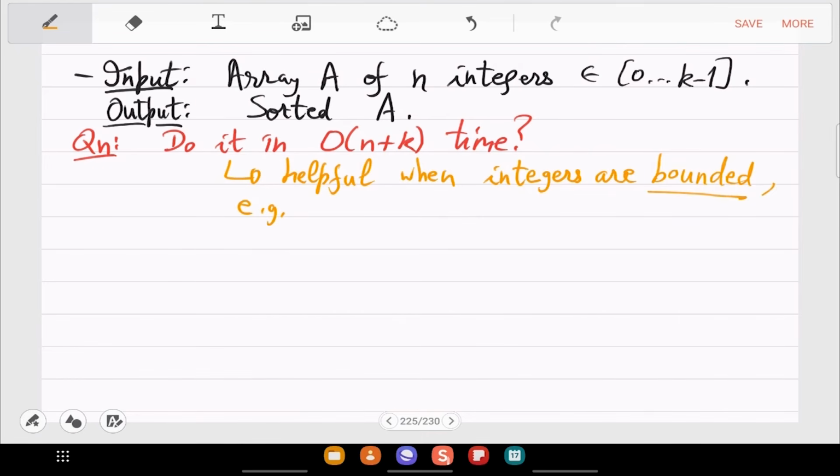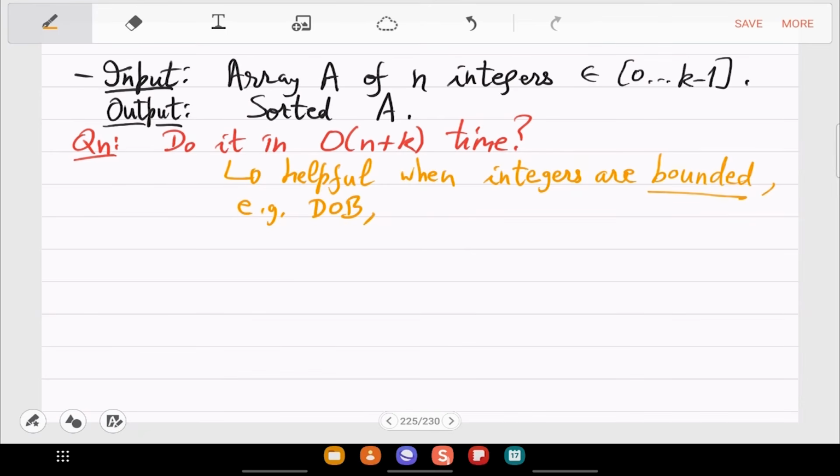For example, your roll number or your date of birth, these will not be very big, right? And usually in practice, we only sort those. Your marks in exams are also very small, both literally and figuratively. So almost all practical examples are like this.